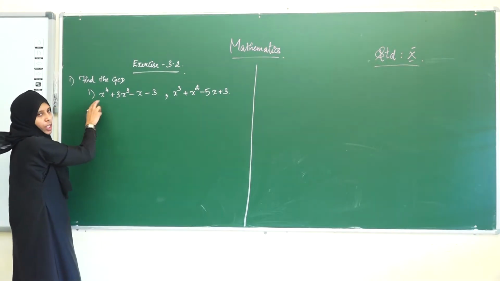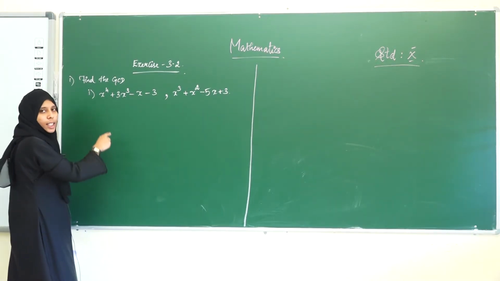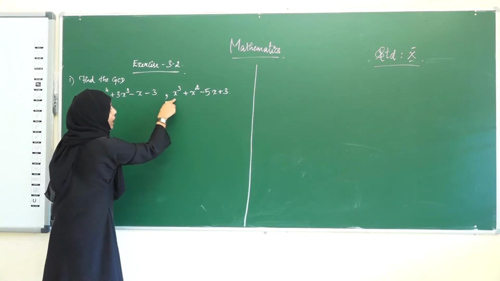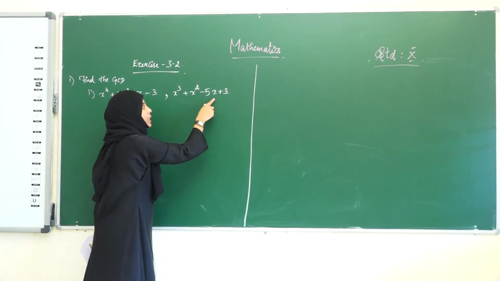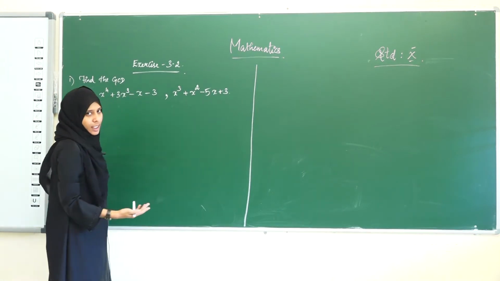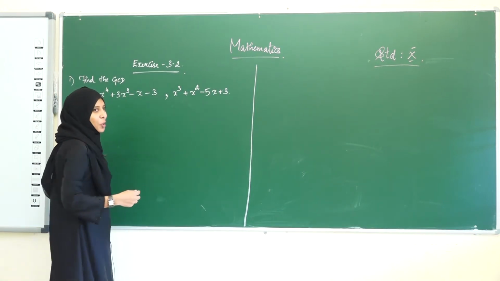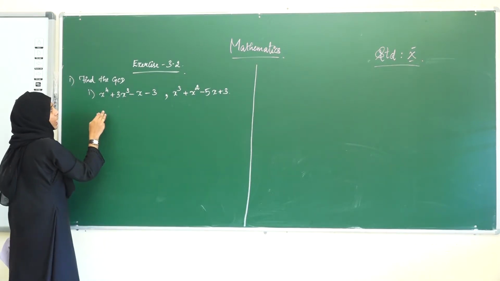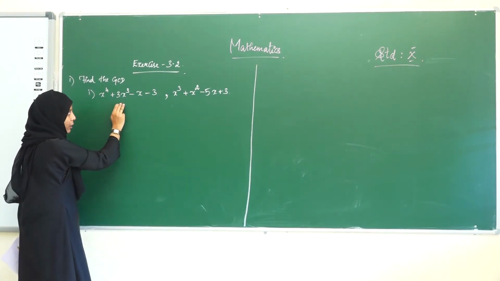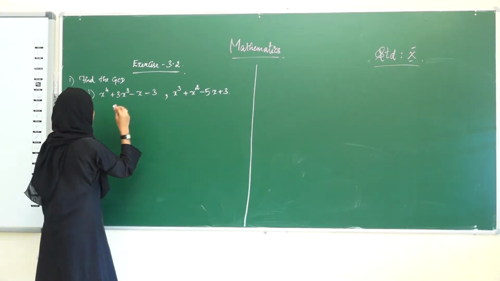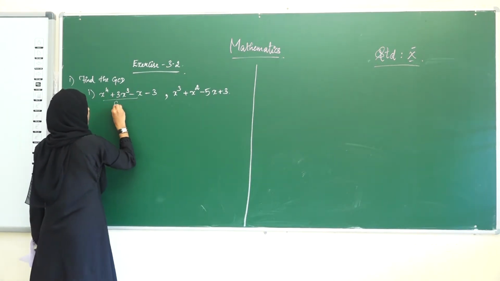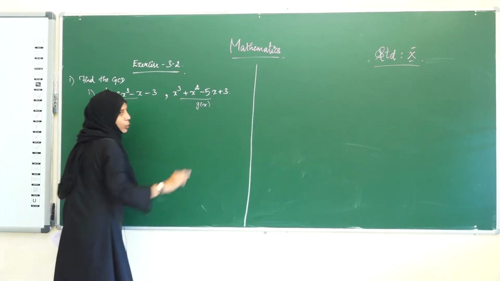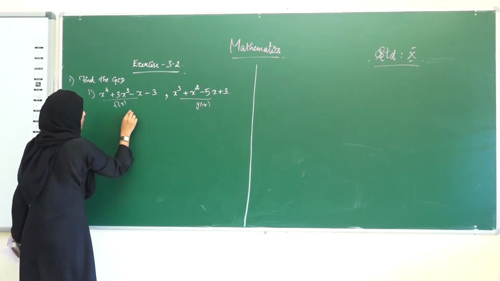In the first division they have given two polynomials, that is x power 4 plus 3x cube minus x minus 3 and x cube plus x square minus 5x plus 3. We have seen examples, right? I hope you can remember that. Now we are going to take one polynomial as f of x and another polynomial as g of x. What we have to do is the long division.